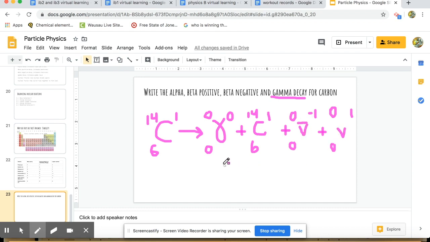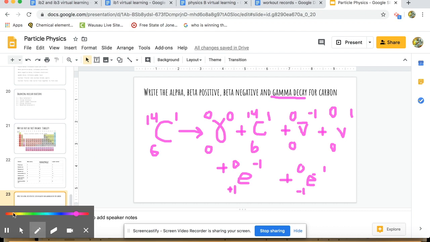I could even add in a positron, because that's +1, 0 and -1, and I could add it to something that has a -1 here and a +1 here and a 0. That would be an electron, and that also conserves. So there's lots of particles I could emit with this,